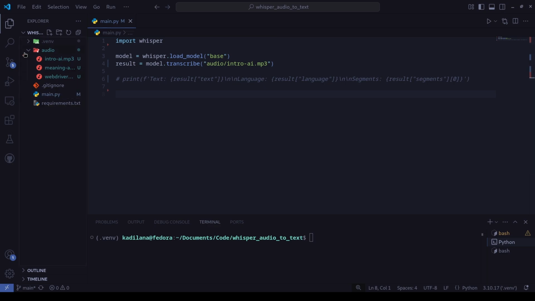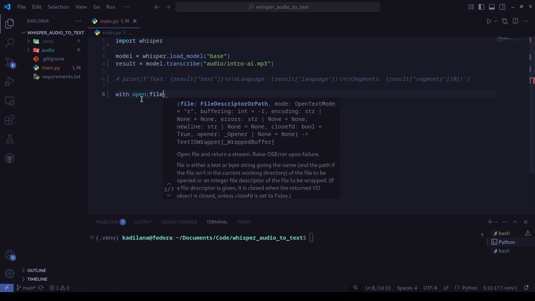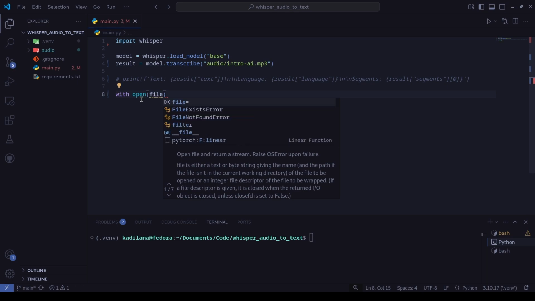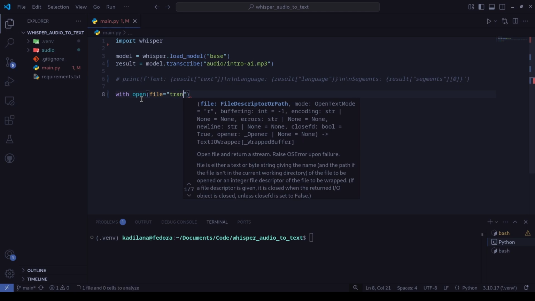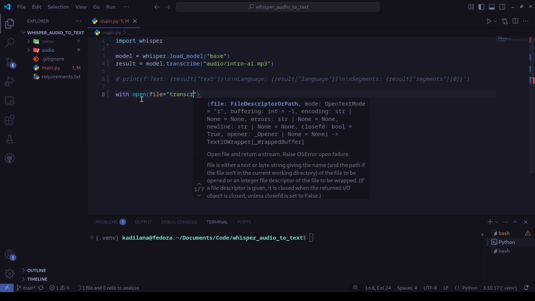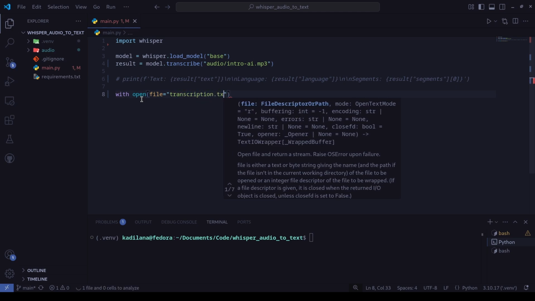So maybe here we can have a file called transcription.txt, which will contain the text for that audio. So let's do that. We can say with open, we are opening a file. We are giving it a name, transcription.txt,